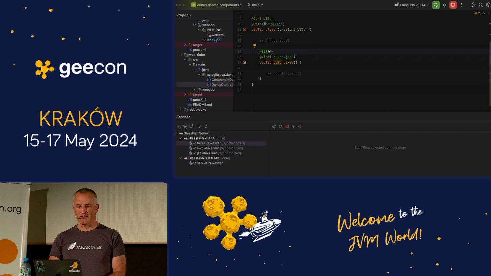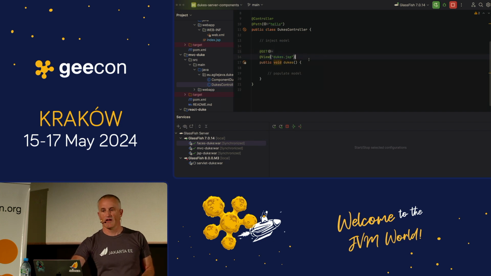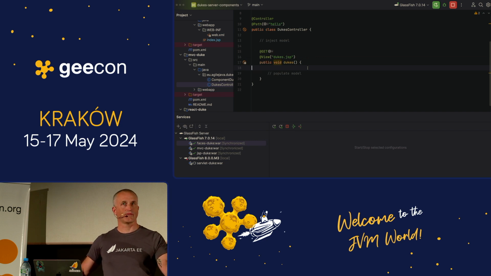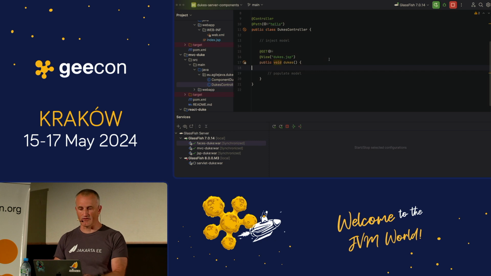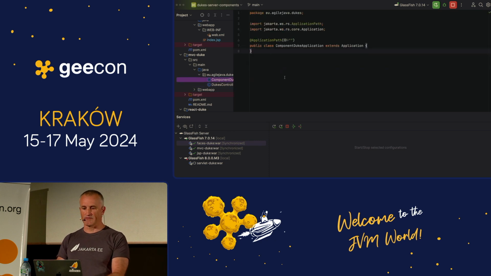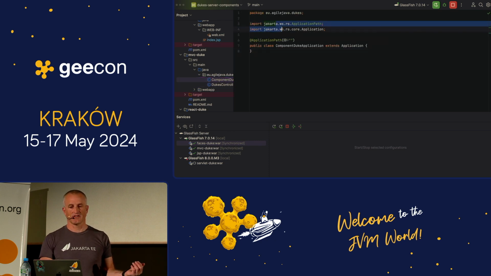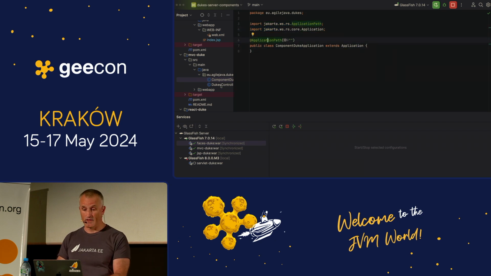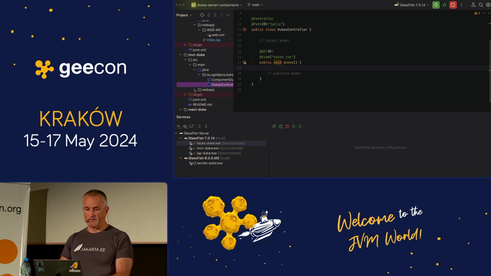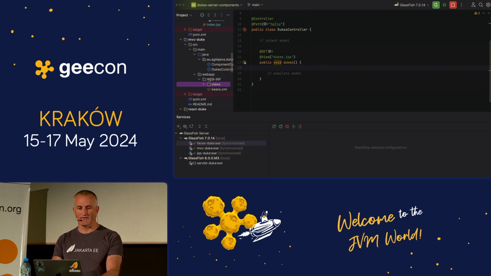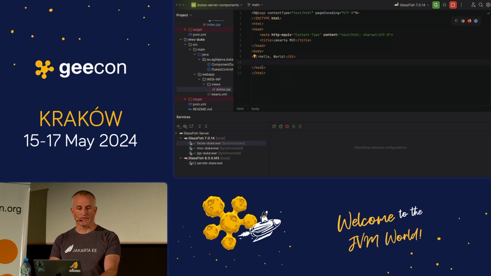In this case, I use the @View annotation to do the JSP. I could also return the string being the path to that view, but in this case, I just use the @View annotation. The configuration is pure Jakarta REST. You just have to extend Application and set the application path, and that's it. The actual view is by default in the WEB-INF/views folder, where I have this view file. So if I execute this one,